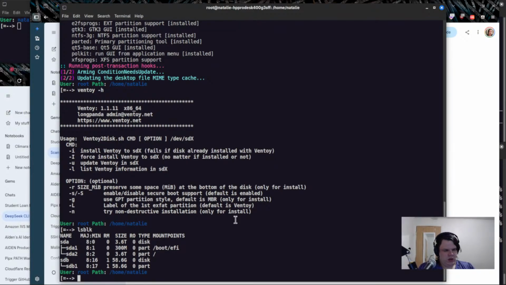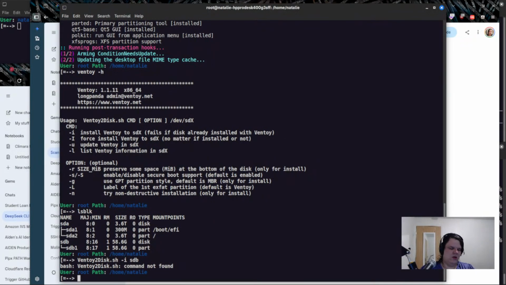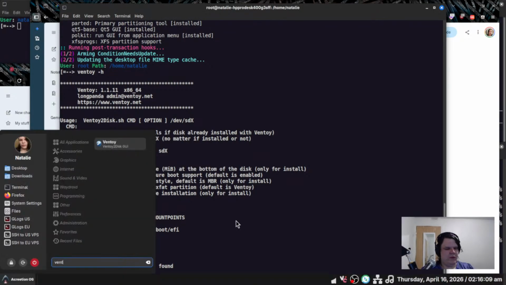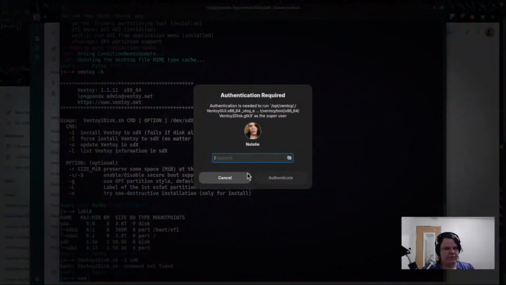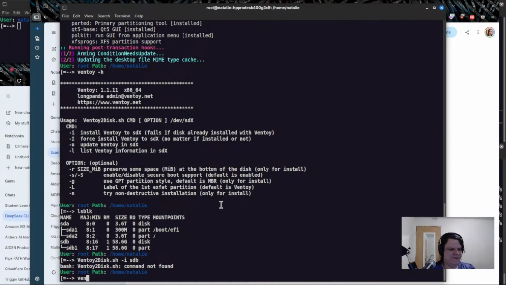So you'll do Ventoy2Disk.sh -i /dev/... I mean, I suppose I can use the GUI. I don't know if this is gonna work or not, to be honest. No, it's not. We'll have to do it from the CLI.